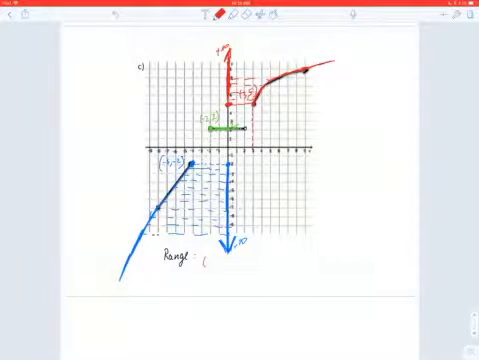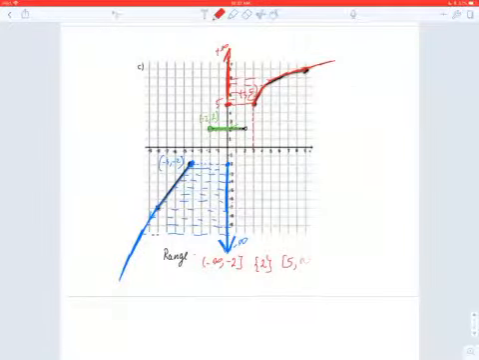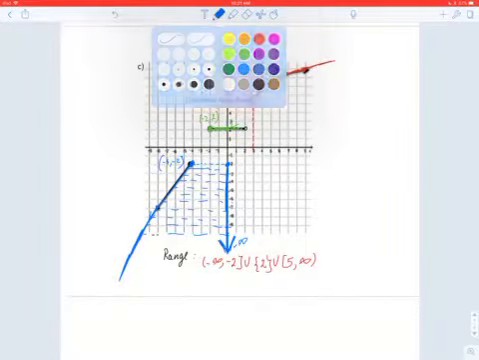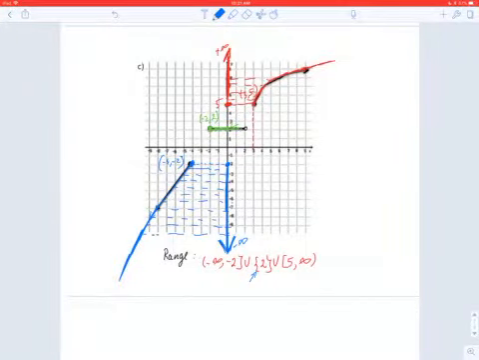So the range starts from -infinity to -2, including. Then I have only one point, the point 2, and then I have another portion of the graph that starts at 5, including 5, and goes all the way up to positive infinity. And since I have 3 intervals, I will be putting union in between. So remember, this type of bracket is used when you list